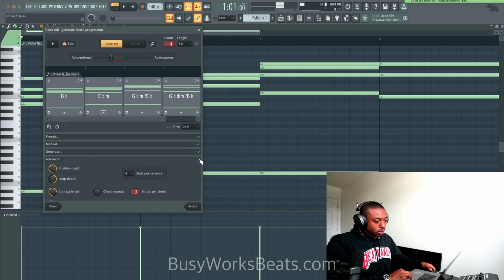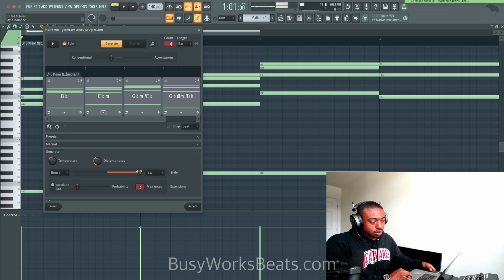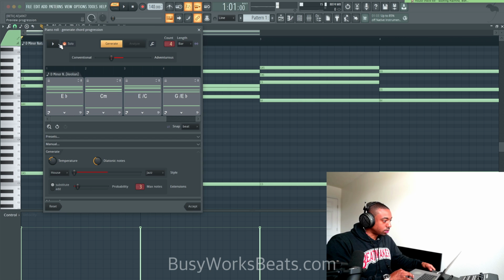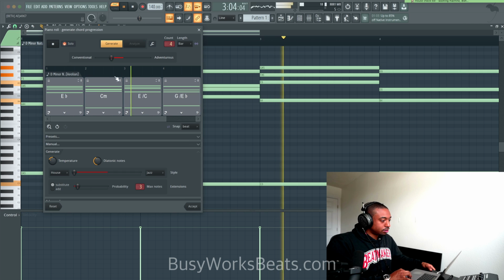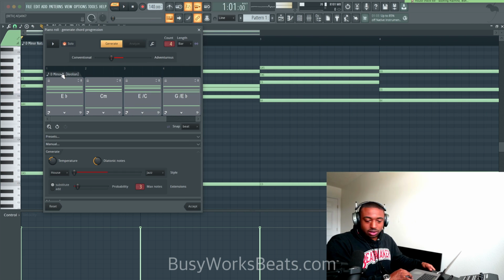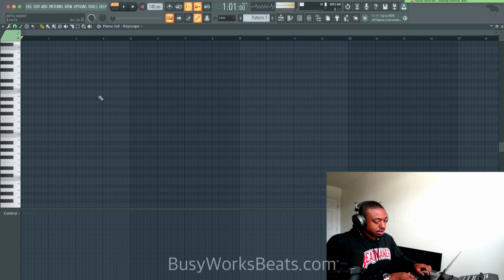I don't know what in here is causing it to sound so dissonant. So let's pull it to the house side. Let's see if it picks from different chords. These results are not good. They're not good. Okay, so let me show you the results I like, or the settings that I like, I'll say.